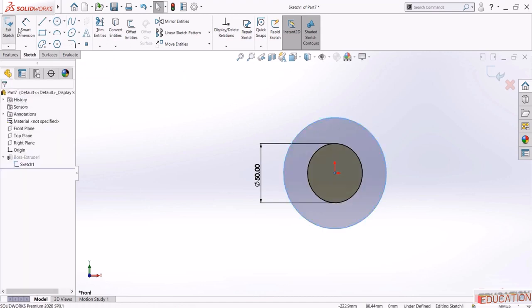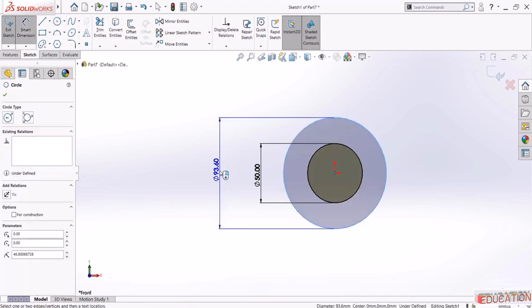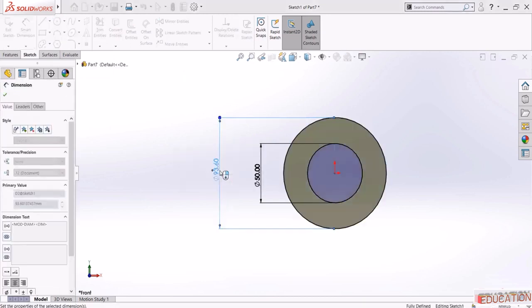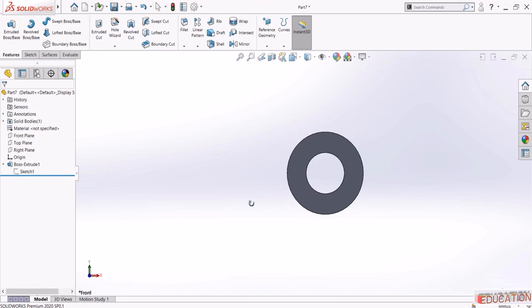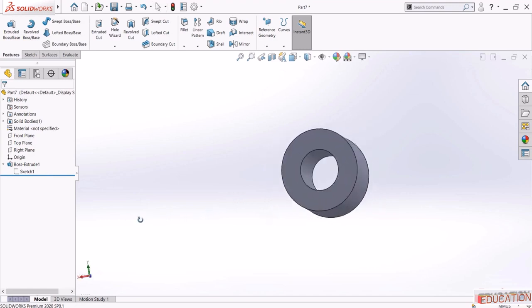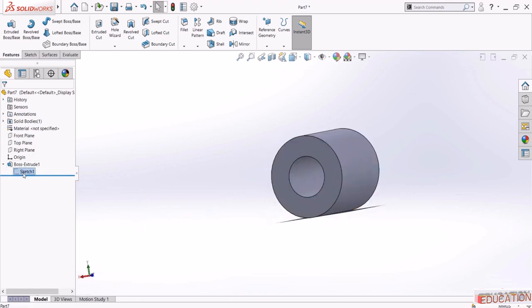Remember that whenever you have many loops like this, SolidWorks fills the enclosed area between them. So here, this is the enclosed area between this circle and this one. So basically, we will have a cylinder, but we will have a hole inside. Let's see this. So once again, it fills the enclosed area,